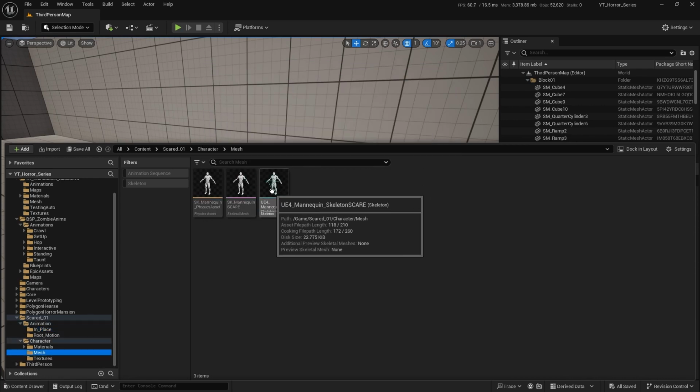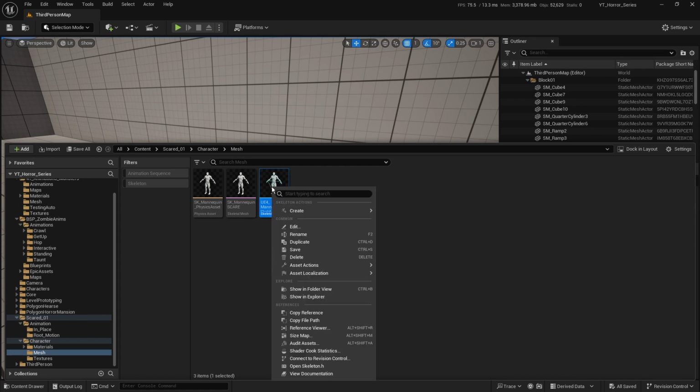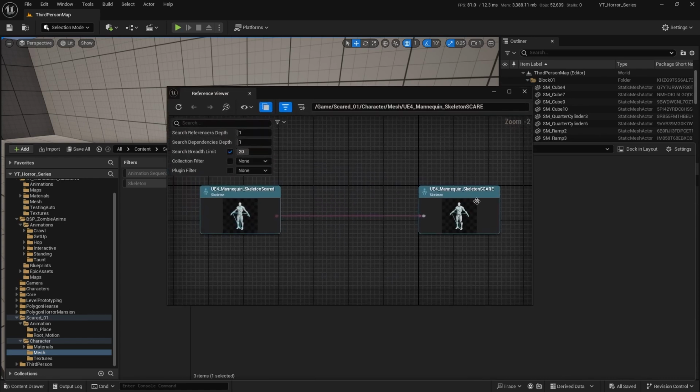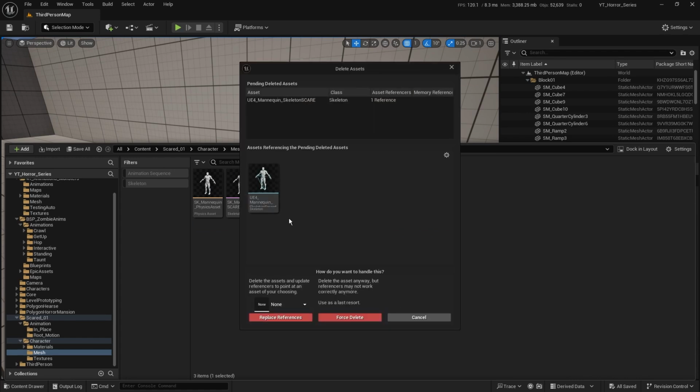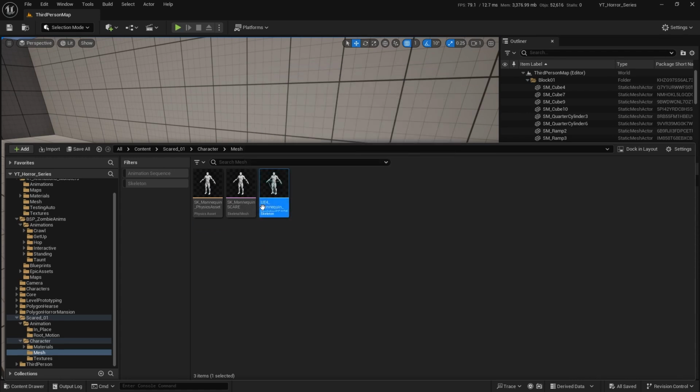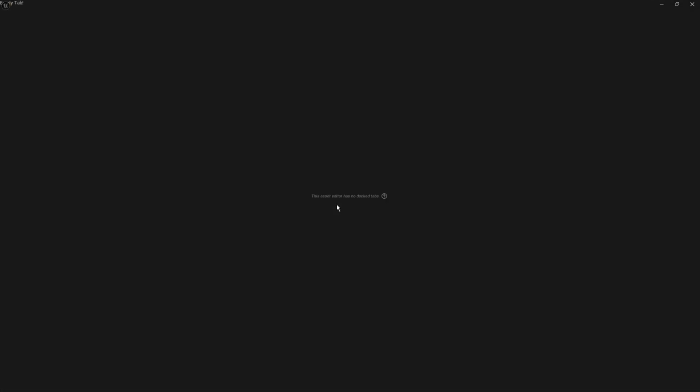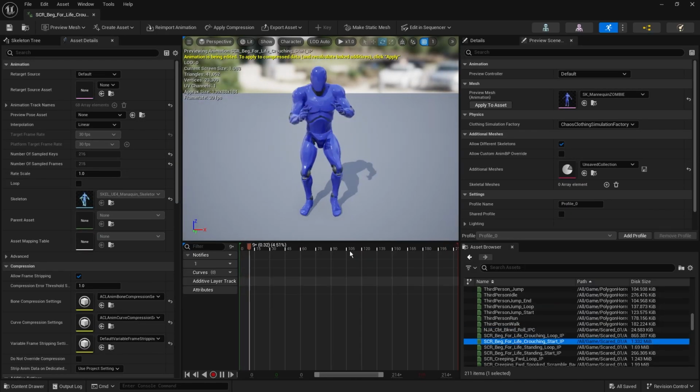Well, that means that if I actually look at this skeleton, I could right click it and go to the reference viewer, and we can see, is there anything else that's actually using this? The only thing that's using this right now is this mannequin over here, which means I can delete this, and that is the only reference that's going to be broken. That skeleton scared. So anywhere where that's being used, I can get rid of that and force delete it, and I'm not going to have any problems,